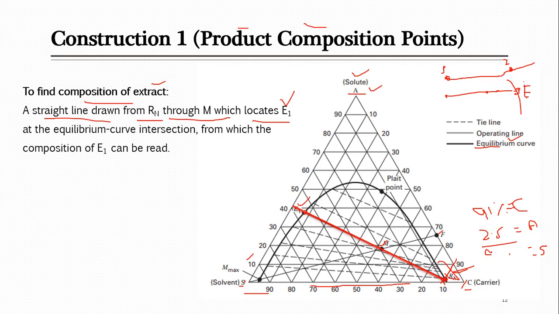Now when you have located the extract product on this binodal curve, you can find its composition. What is its composition? Just quickly we can check. First of all, A is our solute. To find the solute in the extract, look at the scale for solute on the right side. Close to this there is the line of 40, and your point is just located below 40, and because this is decreasing as we move below, I think it's about 38%. So A is around 38%.